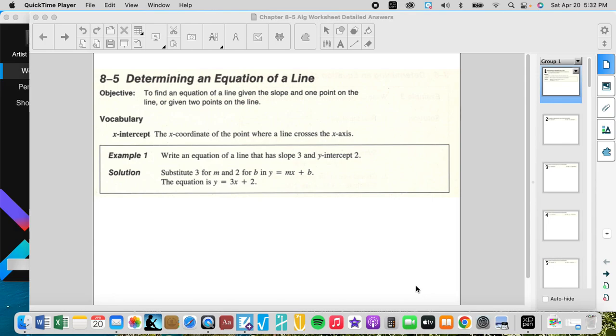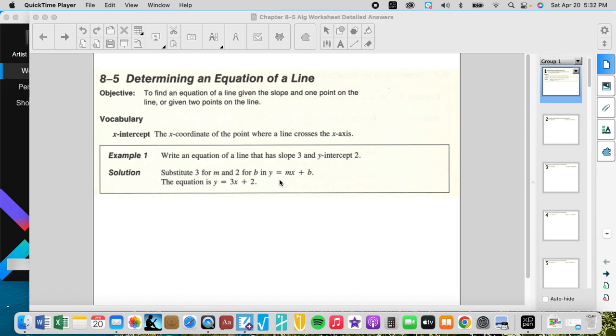We have chapter 8.5. We're still dealing with linear equations. In 8.5, we're going to determine an equation of a line. So to find an equation of a line given the slope and 1 point on the line, or given 2 points. So we're going to be given different pieces of information, and we're going to have to put it in